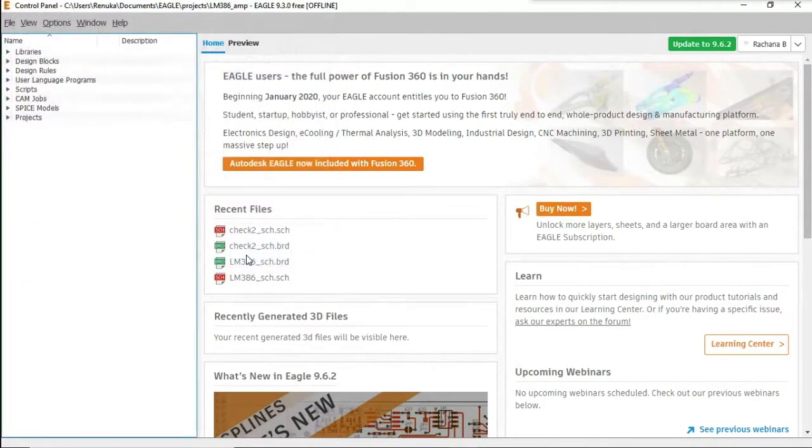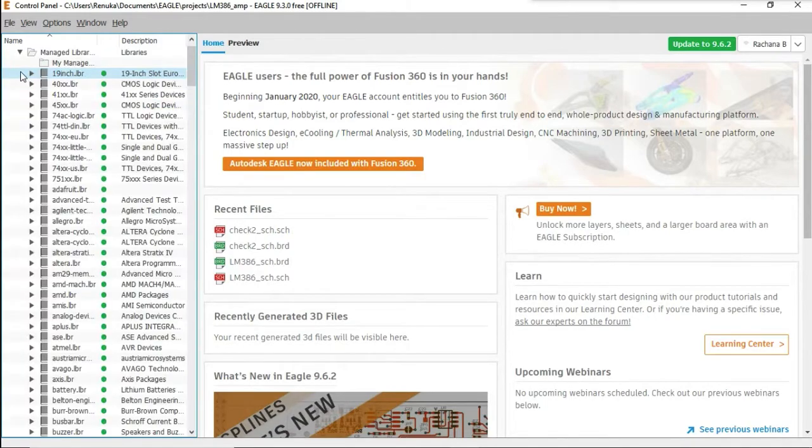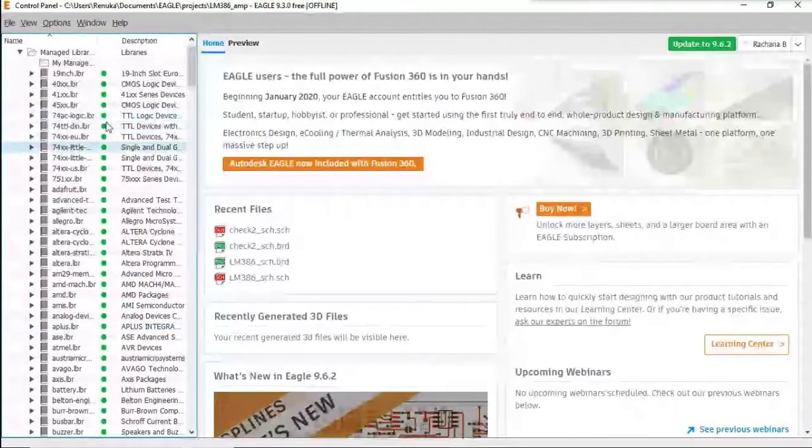Okay. Now let's see what all things we have in the tree menu. This part is called the tree menu. You can see the first option called library. A library in Eagle contains all your components which can be used in your designing and for your board designing as well. If you click on libraries, you will see various options. These are all the libraries present in Eagle.